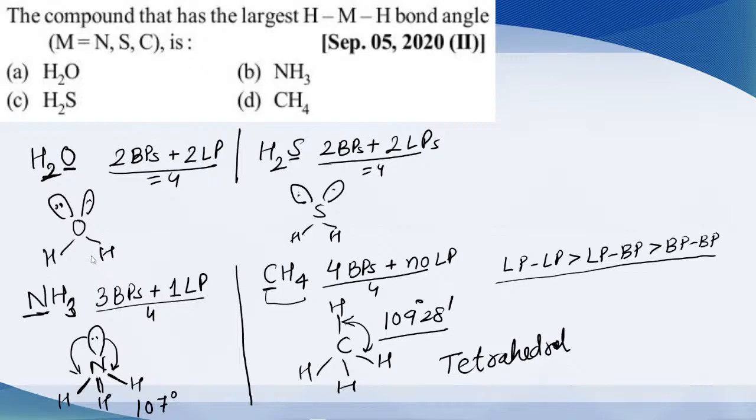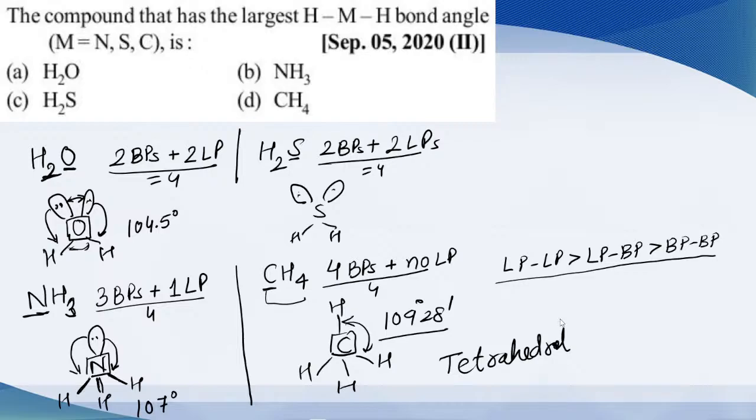Now come to H2O. Carbon, nitrogen and oxygen belong to the same period, so we can compare them like that. In H2O there are two lone pairs, so there is lone pair repulsion, and these lone pairs repel bond pairs, so the bond pairs come even closer. So the angle is